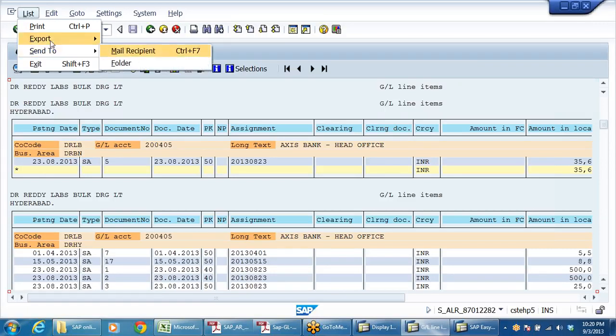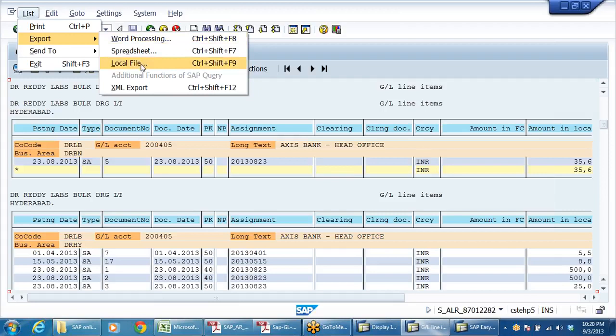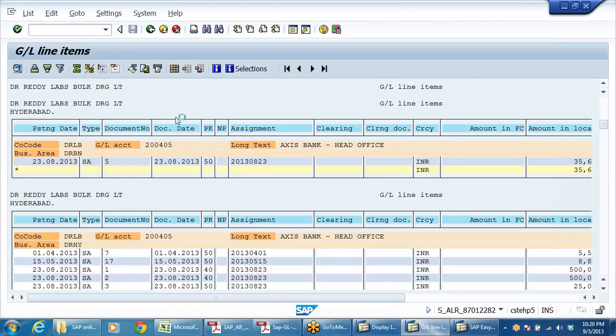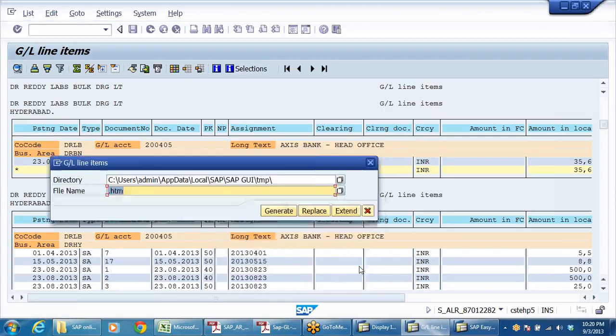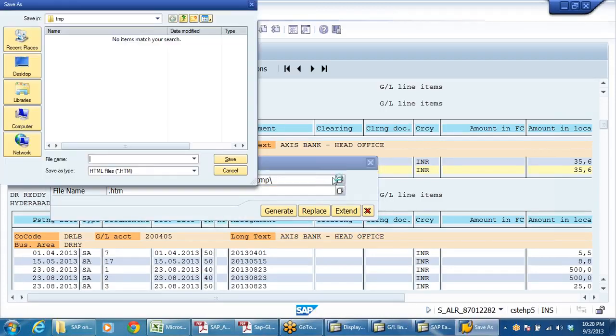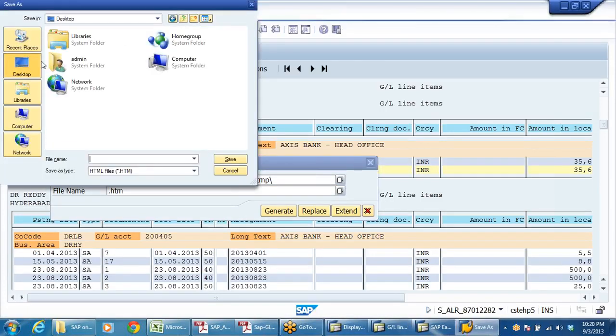Send it to export, local file. Don't take it to spreadsheet, it will not give you the correct alignment. You have to realign again if you download it to the spreadsheet. Instead, if you take HTML format, that will be the best. Take it onto the desktop. All right, say GL.